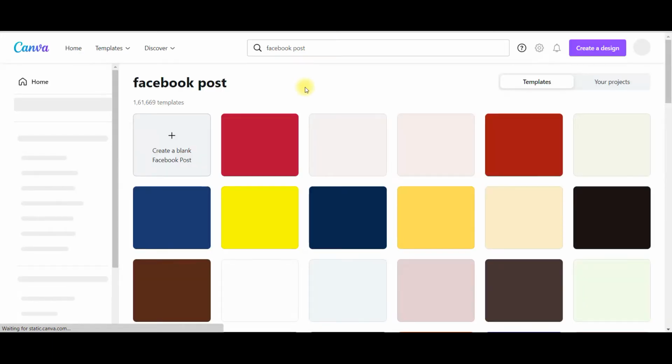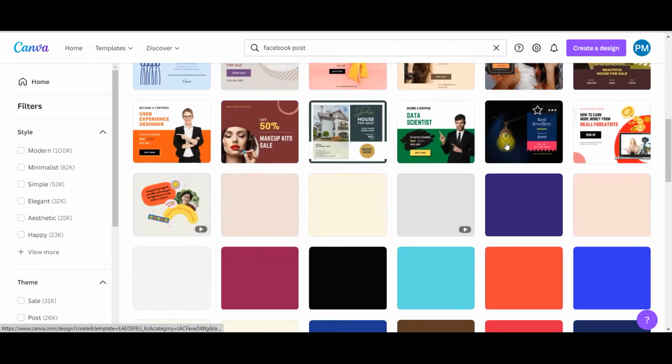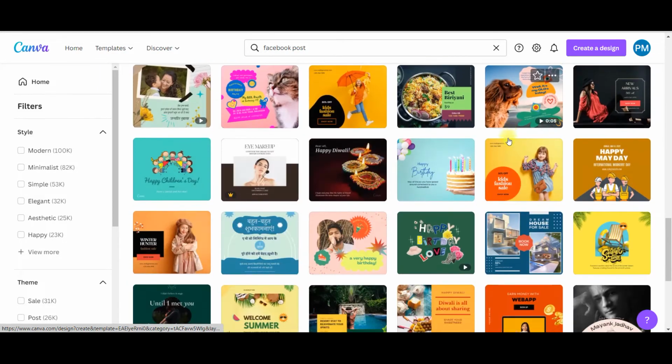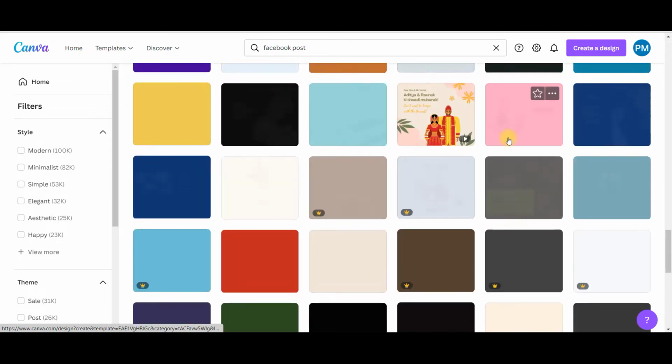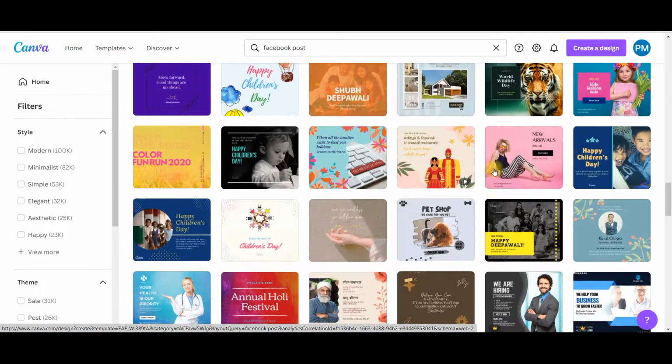The best benefit of Canva is it gives different free and pro asset templates which are readily available and editable. See, as soon as I typed posts, it is suggesting many hundreds and hundreds of different templates which I can choose from.